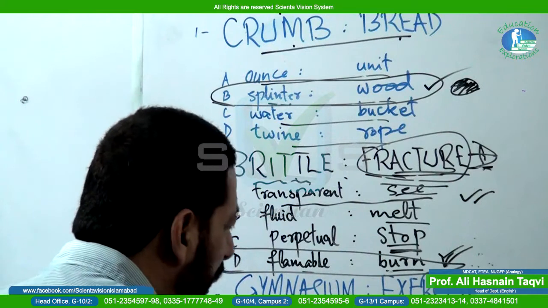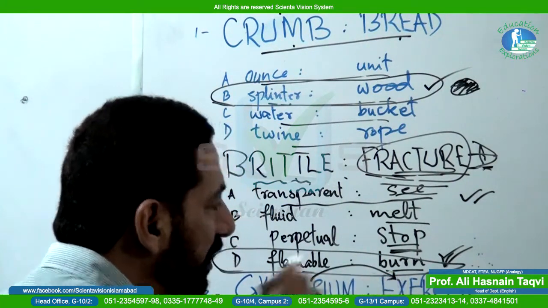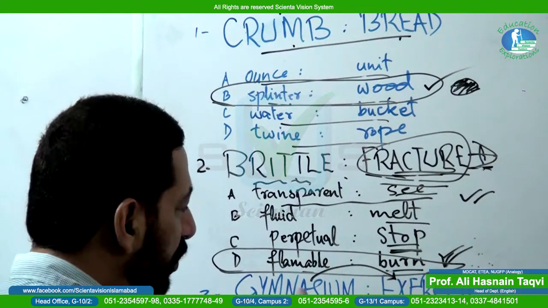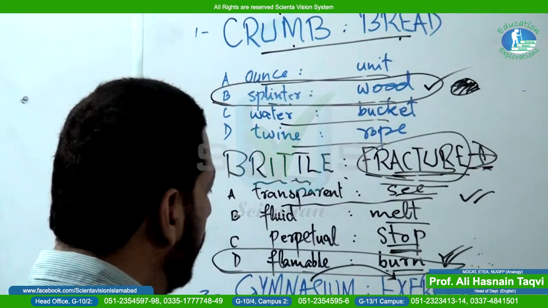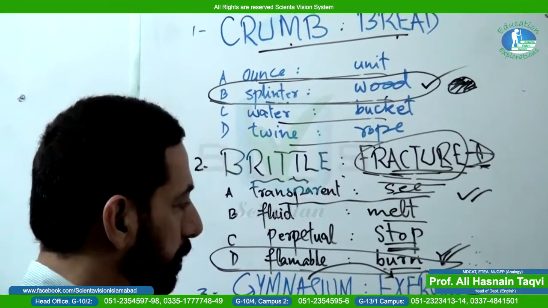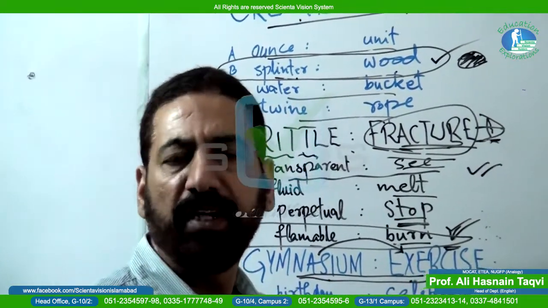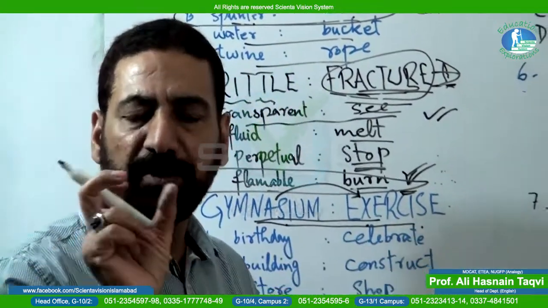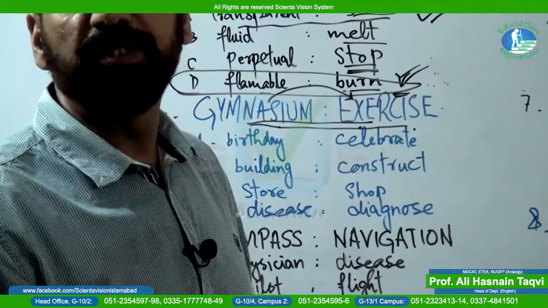See the relationship, very easy to decipher. Gymnasium is the place where you exercise. We proceeded from left to right. So gymnasium is the place where you exercise. Now you have to find a place where you do something. It is very easy. Once you establish the relationship on the keywords, then from available options you simply have to